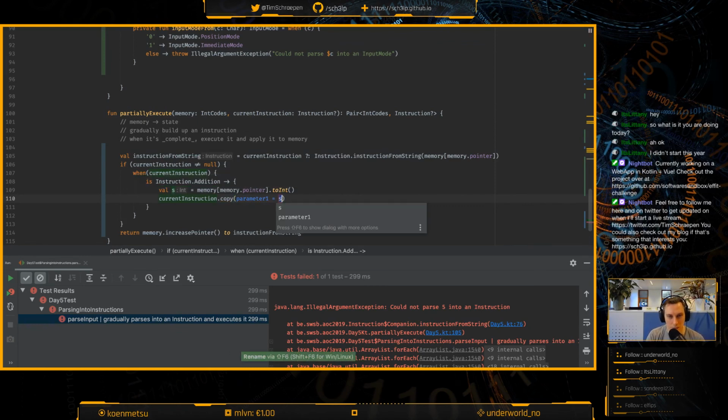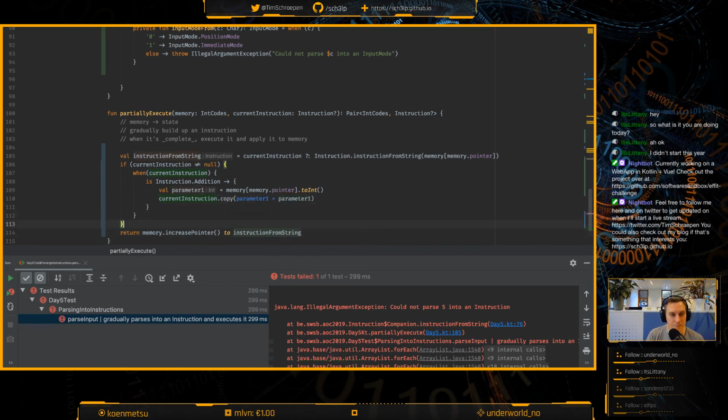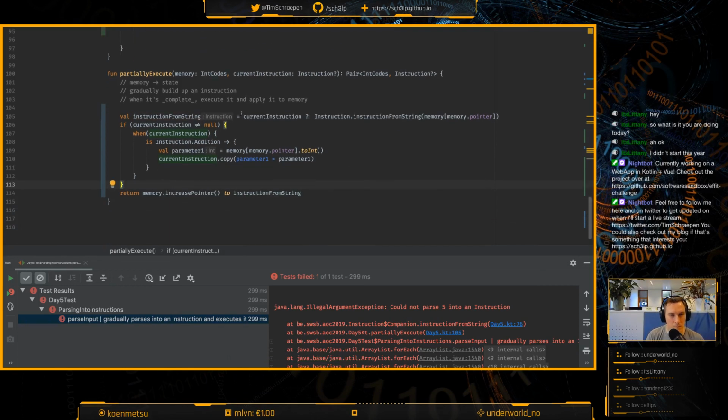And then this is parameter 1, let's say. Jesus Christ. It's strange that it's not complaining yet. Oh yeah, I'm not doing anything with this. So